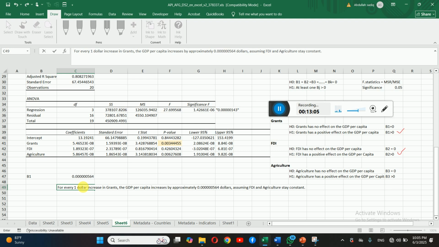Okay, dear students, once again, we say for every dollar increase in grants,